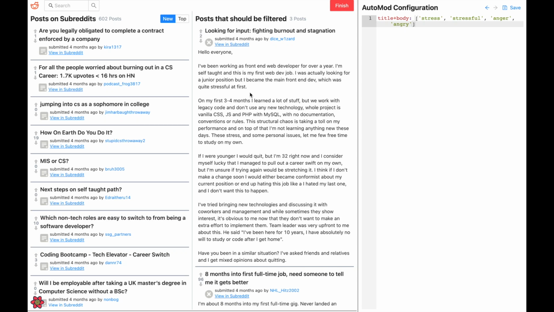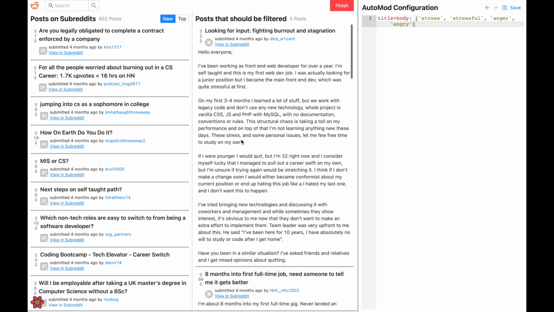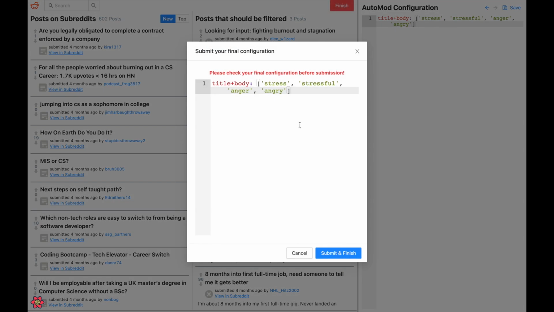My task objective is writing AutoMod rules to filter posts about work stress. With reference to the given post in the system, I wrote AutoMod rules to filter the post that contains stress, stressful, anger, angry in the titles or bodies. After I submit the rules,